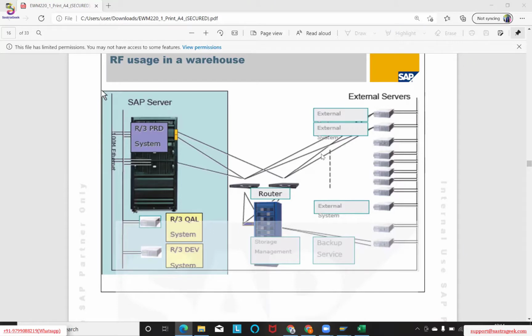As simple as that. In your house as well, if you place your router and you're not getting the signal, you'll try to extend it. The same way, even in a warehouse, we will